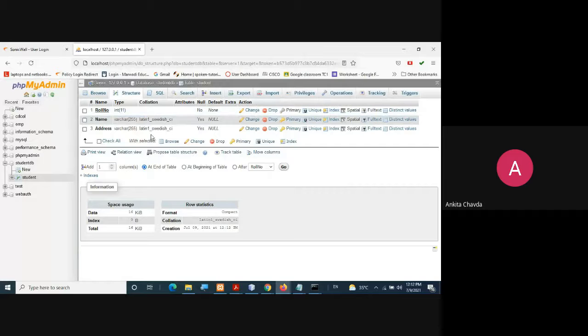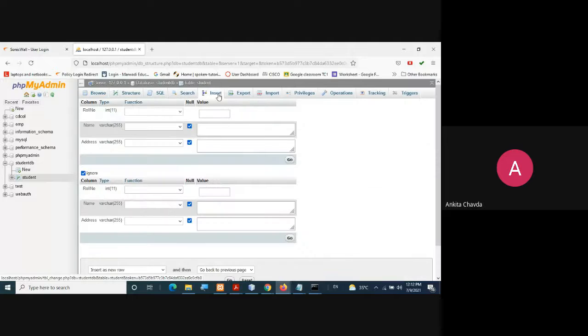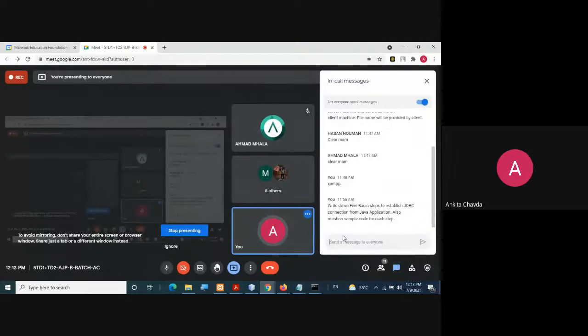And inside this, no value has yet been inserted. That we will do the next time. We will not insert the value from here, though you can do this. You can directly give the values of your roll number, name, address over there and insert one tuple into the database. But we will do this by firing the query from one of your programs. We will simply modify this program and fire the query from NetBeans and insert the values.